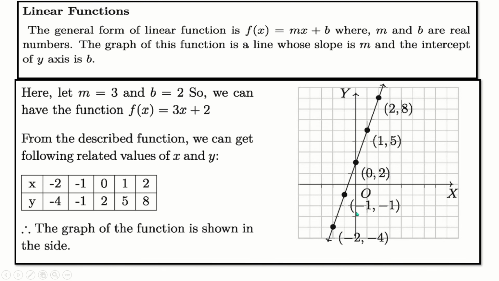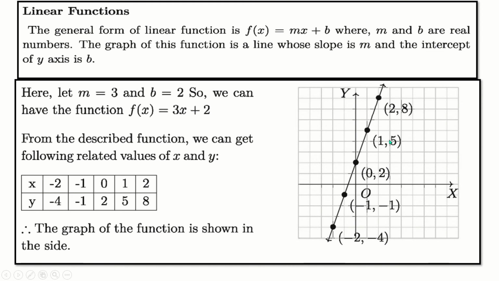And how to put the points on the graph we have already known, because in class 8 we solved related graphs, linear functions, linear equations, simple simultaneous equations. Okay, we just have to put the points on the graph, and by joining them we'll get the graph of this linear function, and the graph of this linear function will be a straight line.